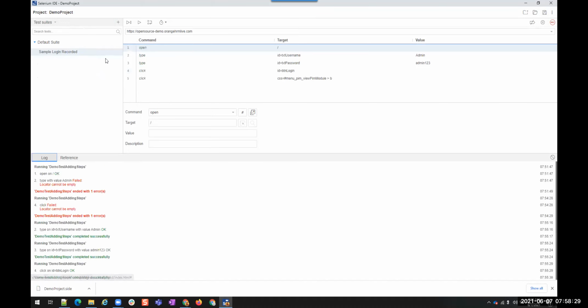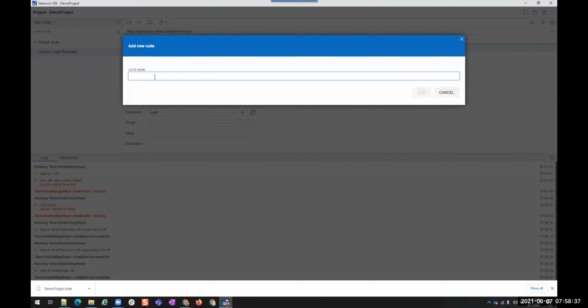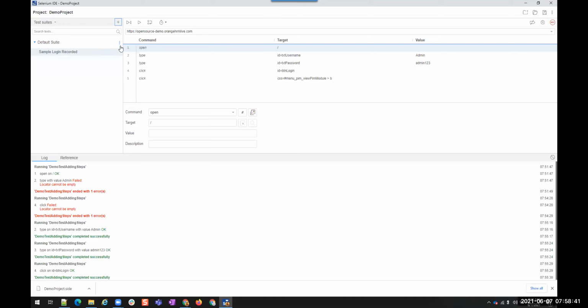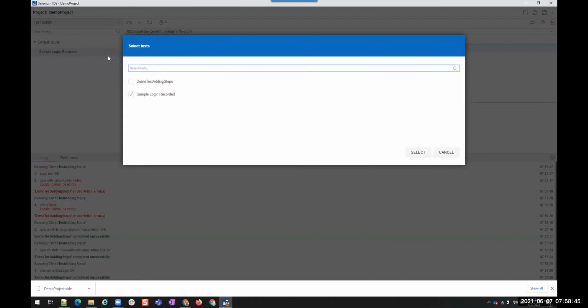Now if you want to add other test cases that we added as well, click on this, and that is added to the test suite. Here we can add tests. Add a test. And this was the one that is added to this suite.